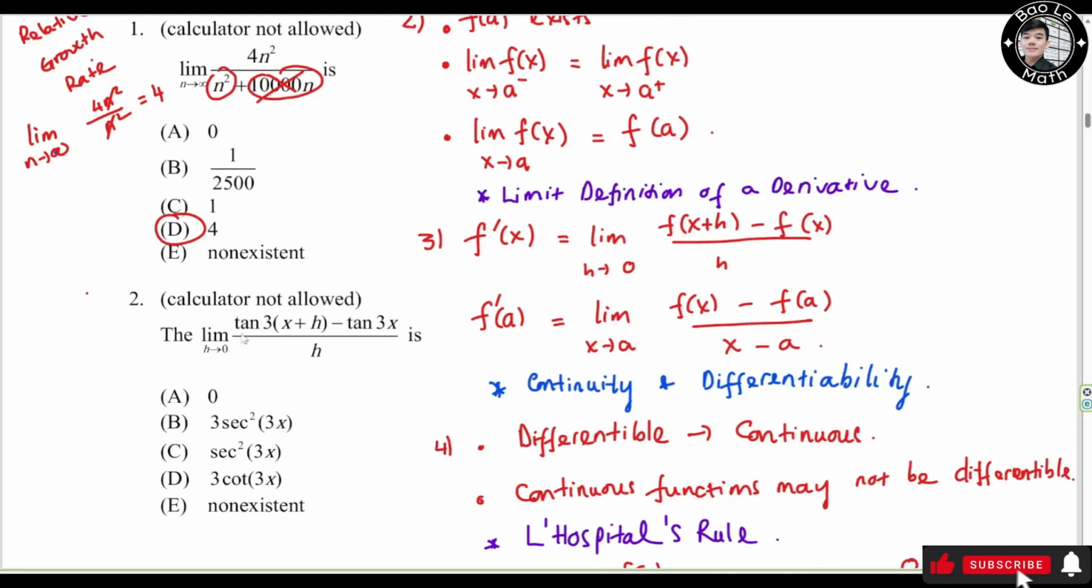Now let's move on to question 2. The limit of tangent of 3 times s plus h minus tangent 3s over h as h approaches 0 is what? So we look at the formula here. It's actually this form, so we can identify the function f of s. This and this match, so we can conclude that f of s equals tangent 3s. And remember, this is actually f prime of s. So we're going to take f prime of s